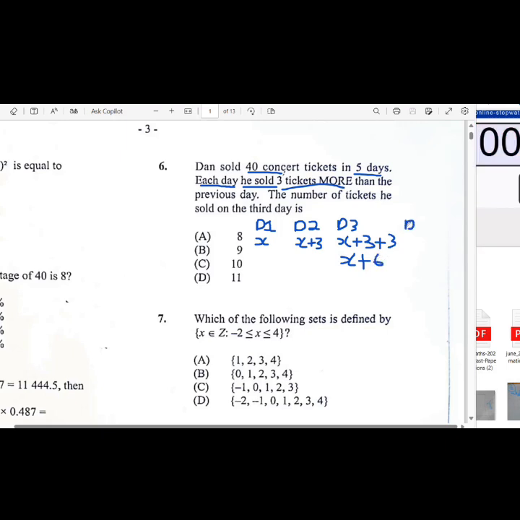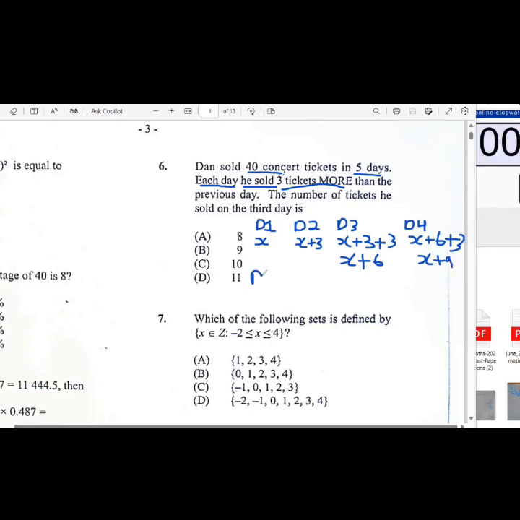So by the time day 4 comes around, he sold x plus 6, which is the same amount as the day before, but 3 more than that. So that will end up being x plus 9. So on the 5th